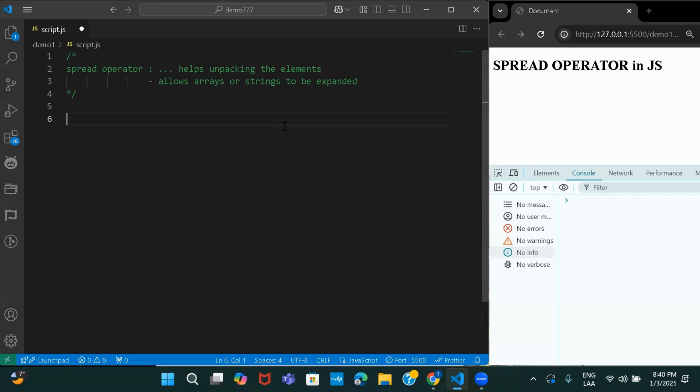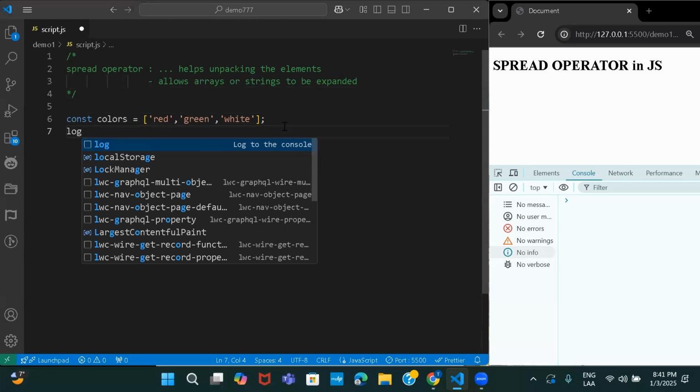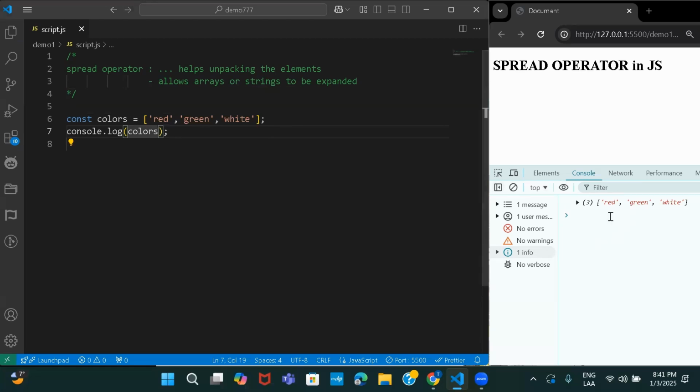So let's say I have an array const colors, and here I'll take a few values. What happens if I log this array now? If I save this, you see we have the values, but they show in the form of an array. But if I need to take out all the elements outside, then what I can do is